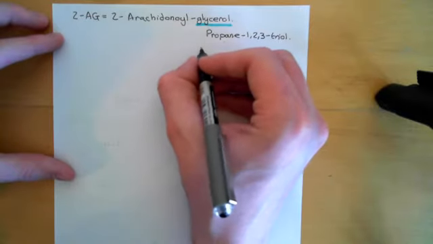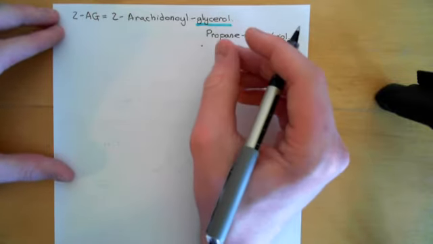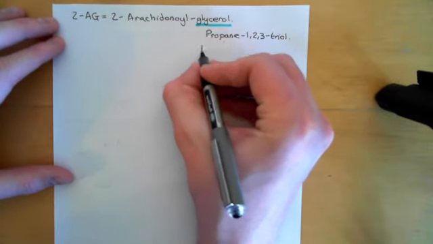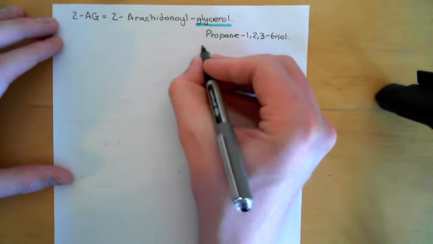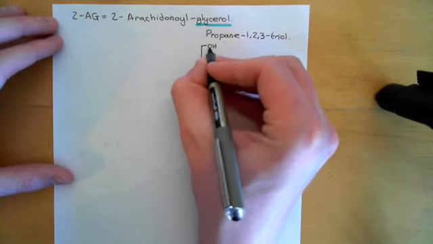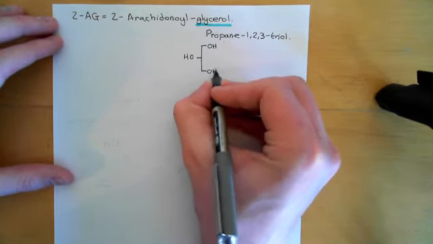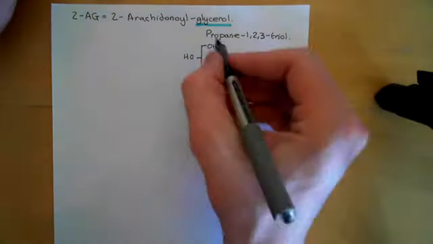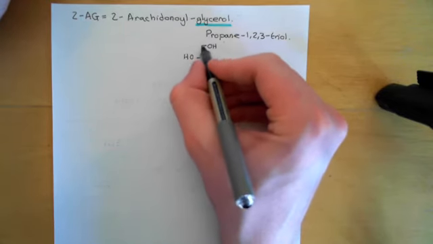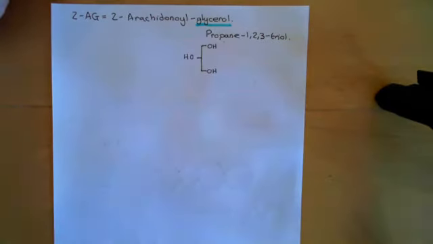third carbons. So if I draw a skeletal structure of glycerol, glycerol is often drawn with an odd, very straight skeletal structure, which we're going to use. It's often just drawn like this. A straight line represents the carbon backbone, and then you just put one alcohol group off there, one alcohol group off here, and one alcohol group off there. Now that's an odd way to draw skeletal structures. Usually, you do it a little bit more spiky, but this is the way that glycerol is usually shown. So this is a carbon, this is a carbon, this is a carbon. Each one of them has an alcohol group coming off.